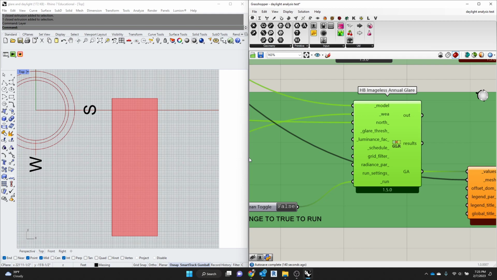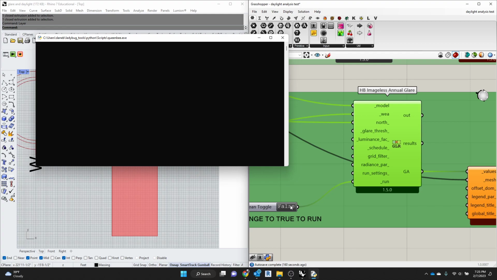So when there's heavy light coming through a window, it can be very distracting or even unbearable. And this node attempts to show you what percentage of time in certain spaces the glare is unbearable. So if I hit true on that and let it run,